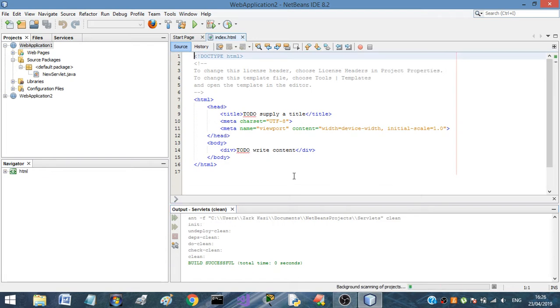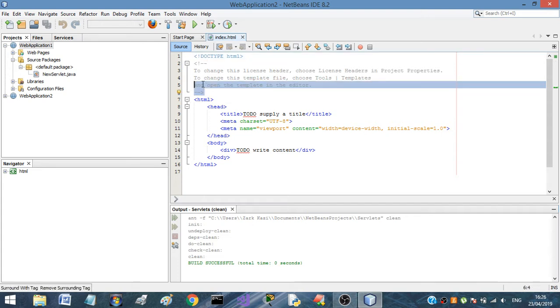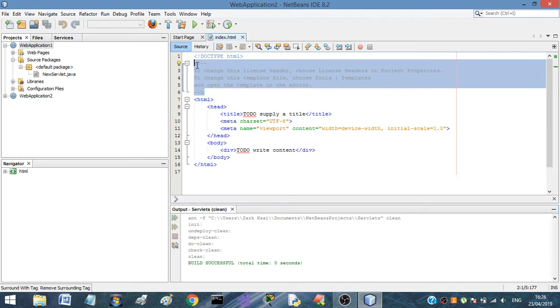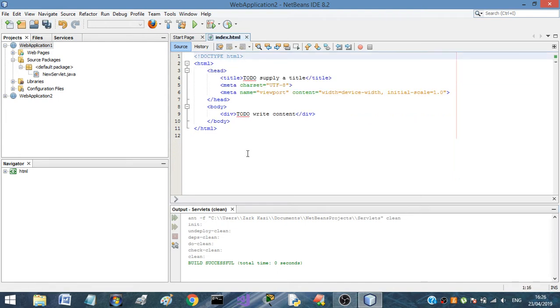So here you can see, first of all, an HTML page is shown by default by the name index.html. Index is the name of this file with the .html extension to it. And background scanning of projects, here it's completed. Content written inside the brackets are comments, so you can remove these comments. Okay,